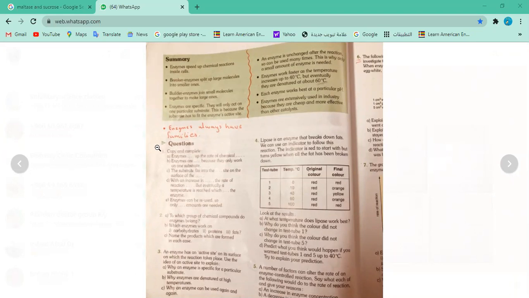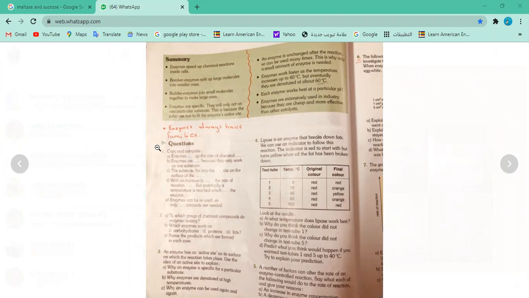Okay, Hania, would you go for part B? Okay, sure. Why do you think the color did not change in test tube 1? I think because the reaction was carried out at 0 degrees Celsius, so the movement of the molecules was low, and the substrate and enzyme molecules would collide really